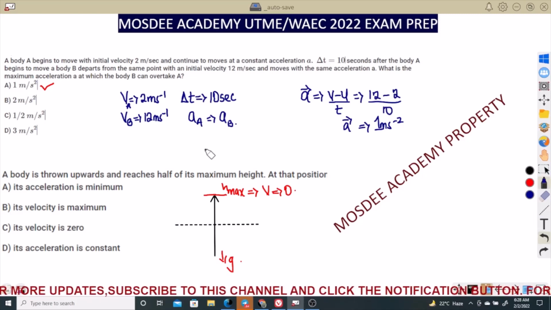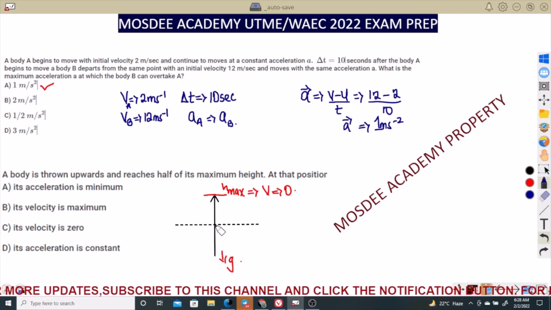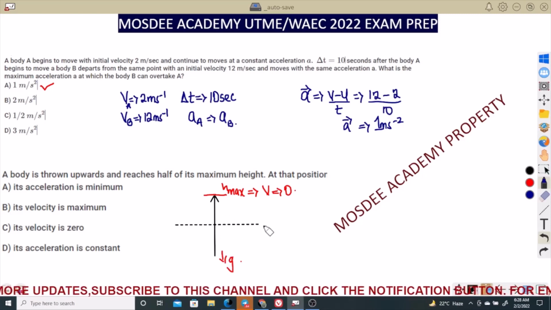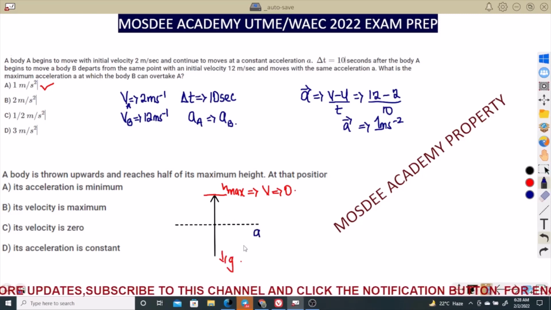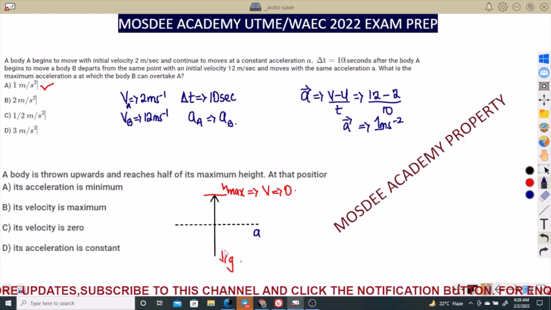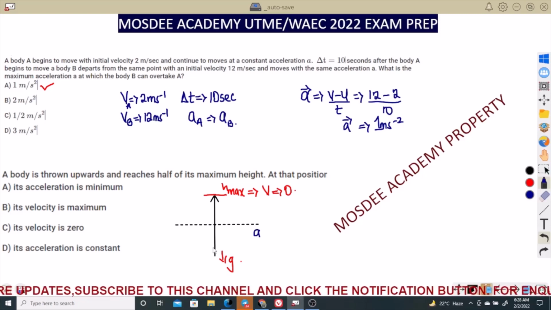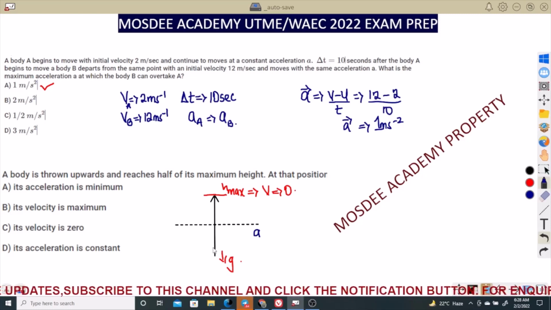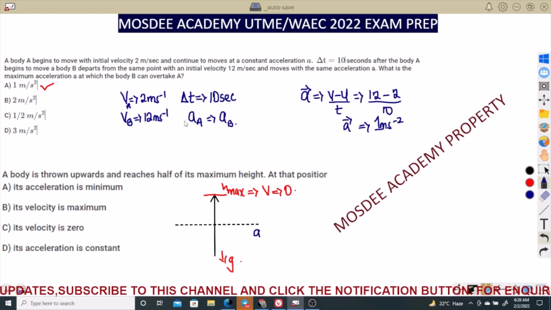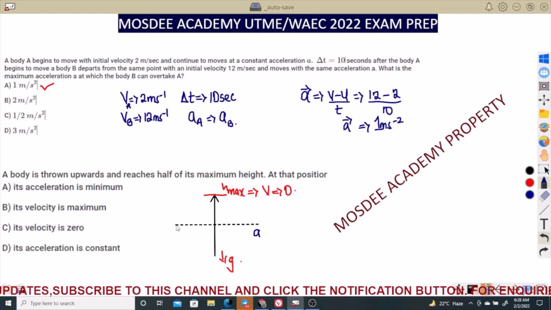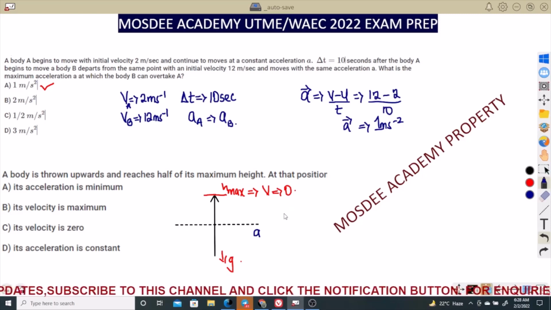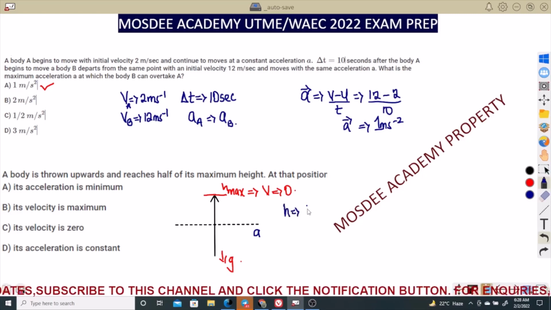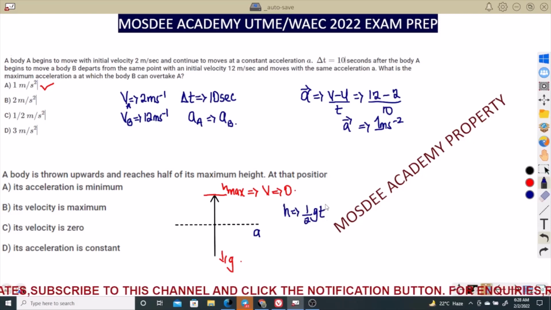So guys, at this particular point, the body is moving upward with an acceleration, which we don't know. You can say the acceleration of the body at this point is a. The only force that is acting on this body at half of the initial height is the gravity. So if the body is thrown up and has only reached half, you can use the equation of motion as well. In fact, you can use the simple equation of motion, h equals half gt squared, which you guys know very well.